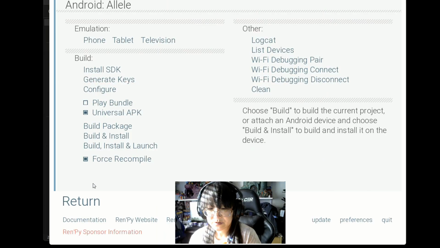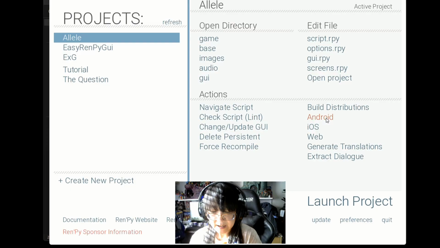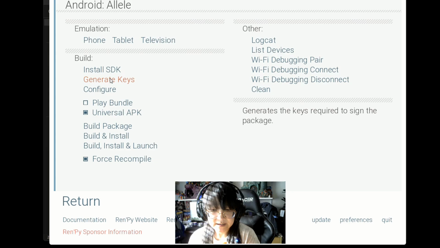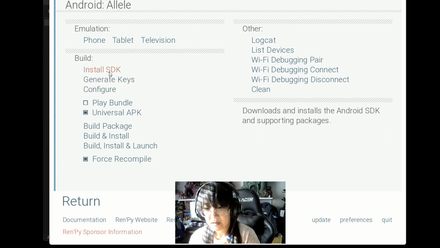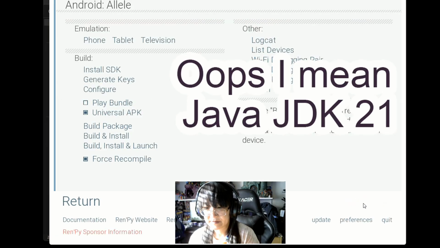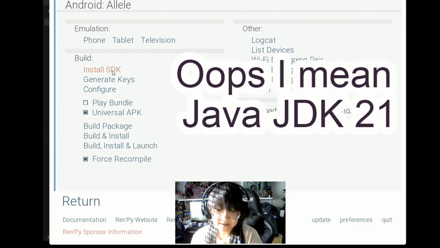Now, the first time that you select the Android option, it's going to have you download a package. I think it's called RAPT or something like that to start. When you click on this, these options to build, package, and install are going to be grayed out. You're not going to be able to select these. The generate keys and the configure is also going to be grayed out. You're going to have to install this SDK. What this SDK is, basically, I've already installed it. It's basically the Java SDK development